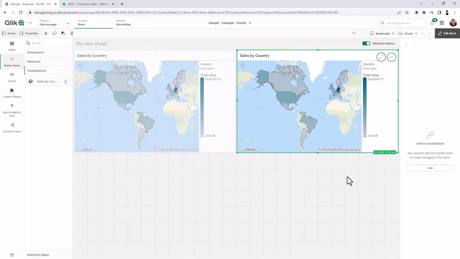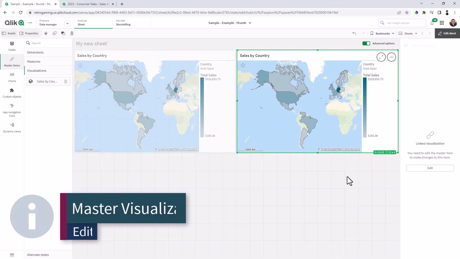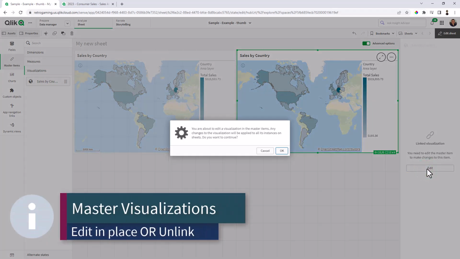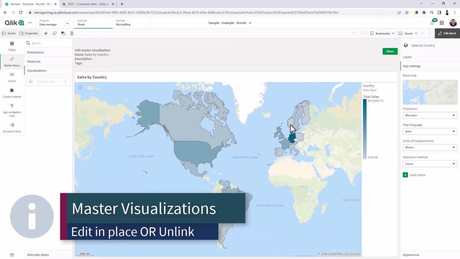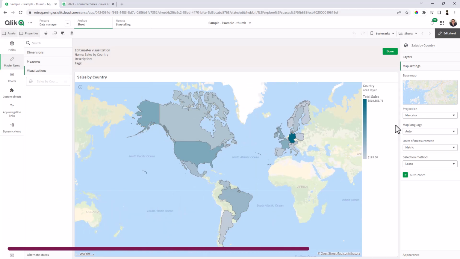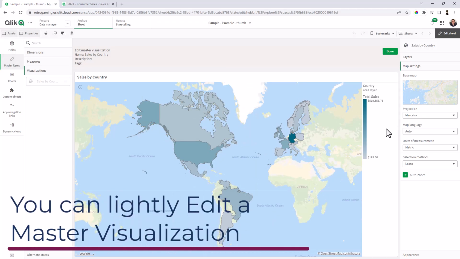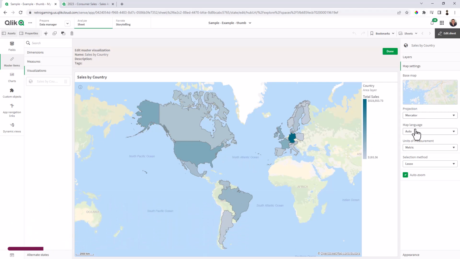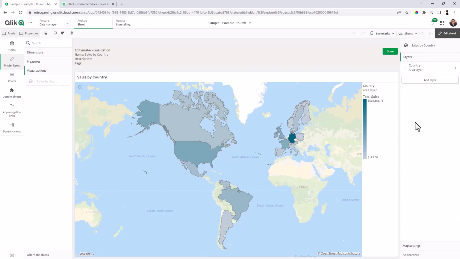So if I want to unlink this visualization, there's two things you can do. You can click edit and click OK, and this will allow you to make some minor changes to the map, but it's allowing the master visualization to be maintained within the library. So if I want to make some layer changes or property changes, you can do an edit of the master visualization or the master item. Or